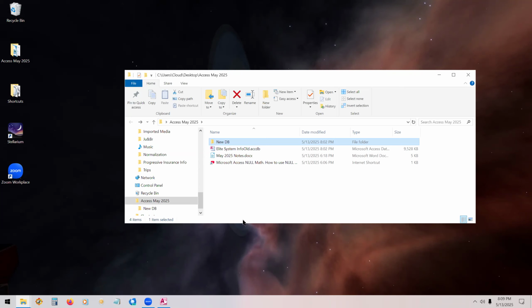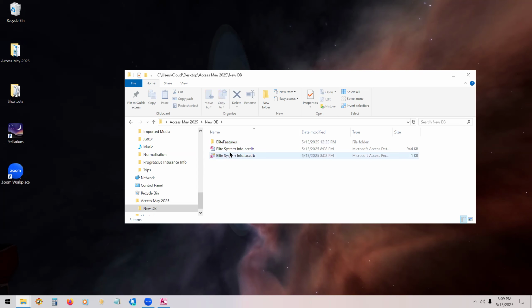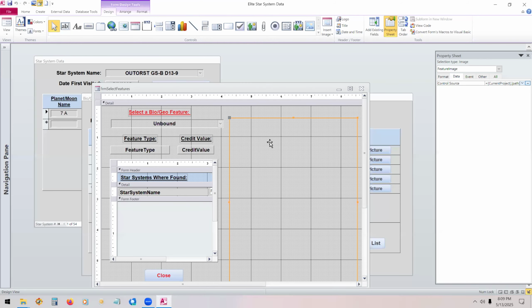Well, I'm not going to worry about this. This works better. I like the concept that this contains the subfolder with the pictures along with the database. And the database path in this case is desktop, new DB, because it's in new DB. And it's already open here. And then all we did for this is